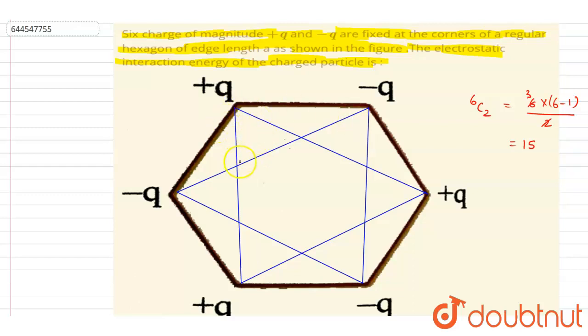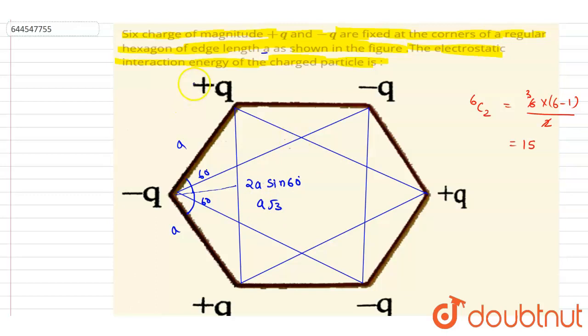And if I say this side length is A, and if I drop a perpendicular here, side length is A and A, this angle will be 60 and 60. So it is A sine 60 and A sine 60. So it will be 2A sine 60, so it will be A root 3. So the side length of this two equilateral triangle that we formed here is A root 3.